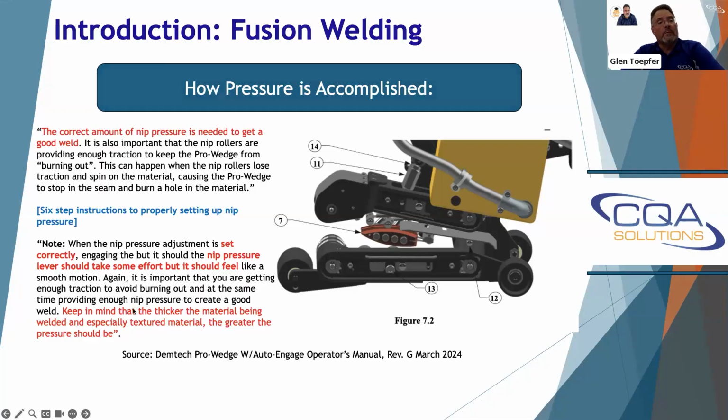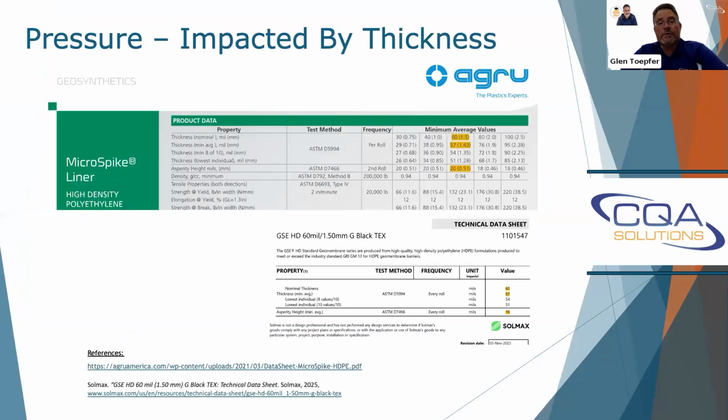But keep in mind that the thicker the material being welded, and especially textured, the greater the pressure should be. So that's really what I'm getting at: you set it up for a textured material that's thicker, and then you're going back to welding a smooth material. Can you be using the same machine? Should you be using the same machine? I don't know, but here is an example of the different thicknesses of material from the cut sheets from Agru